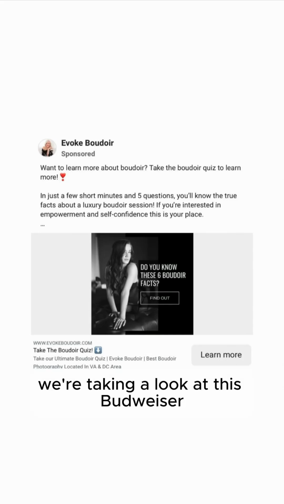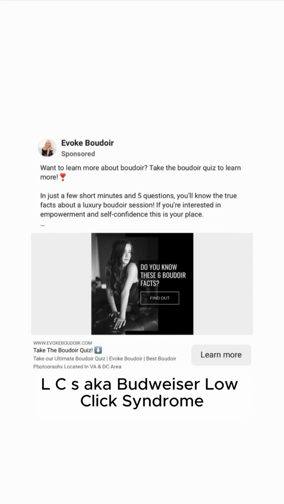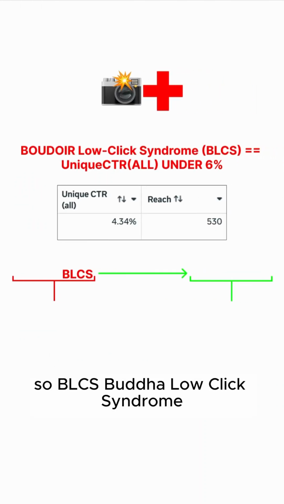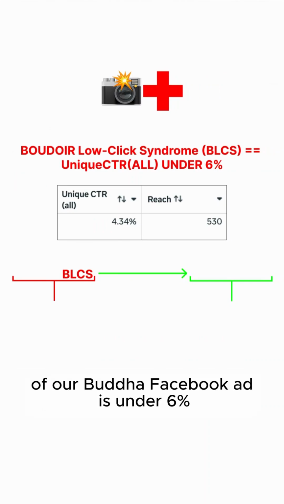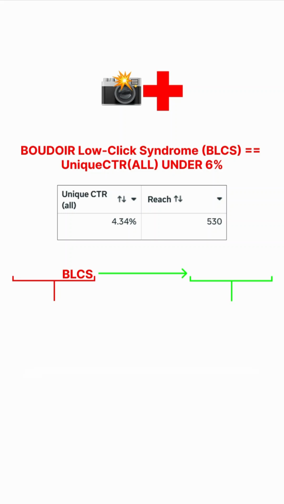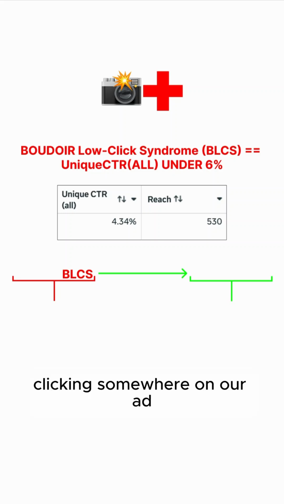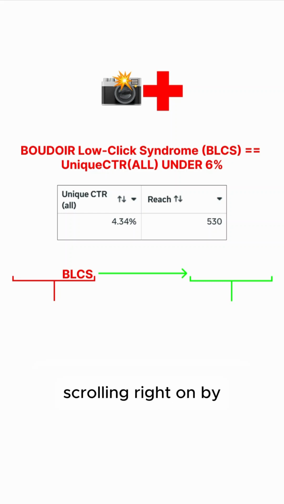All right, y'all, we're taking a look at this boudoir Facebook ad today, seeing if it has BLCS, aka boudoir low click syndrome. So BLCS, boudoir low click syndrome, is when the unique CTR all of our boudoir Facebook ad is under 6%. So this means fewer than 6 out of 100 women are clicking somewhere on our ad, aka it's the number of women out of 100 that are not simply scrolling right on by,